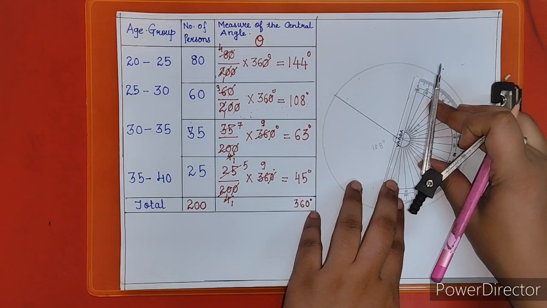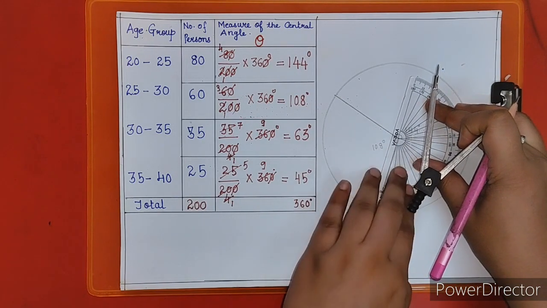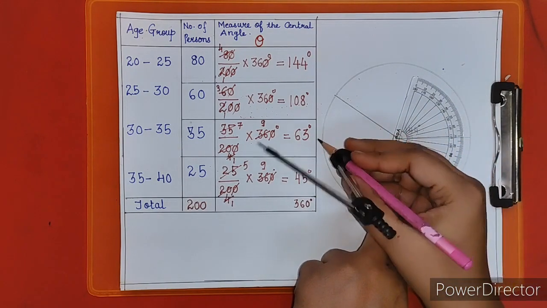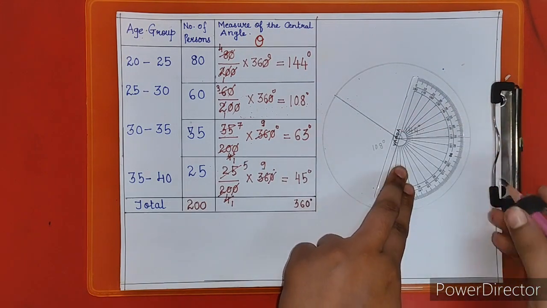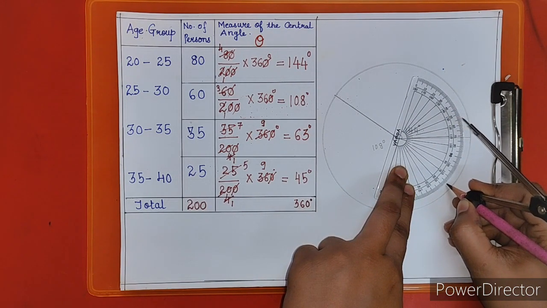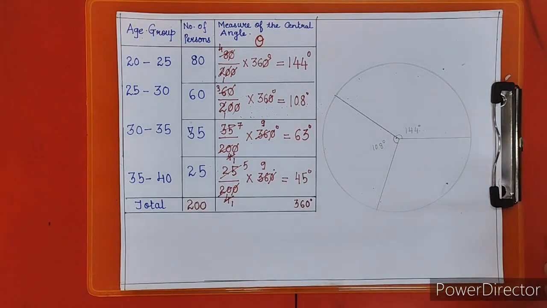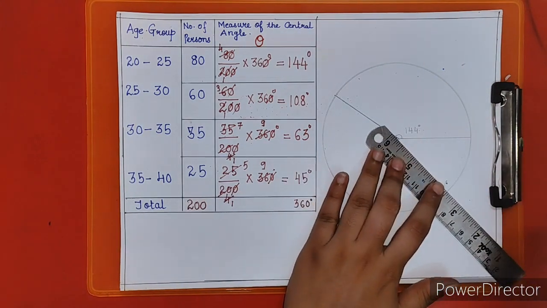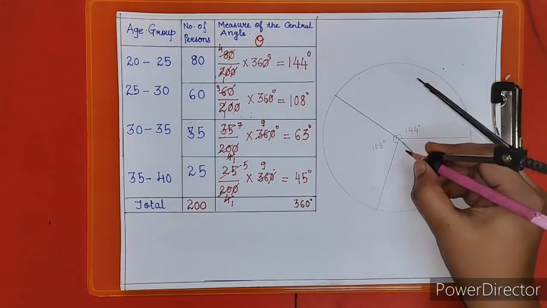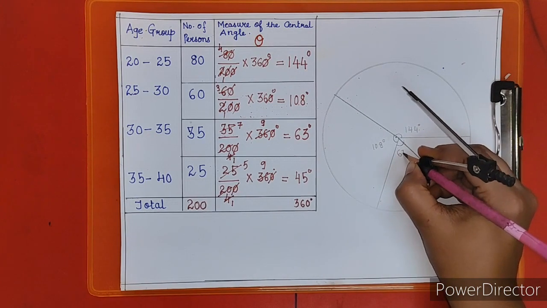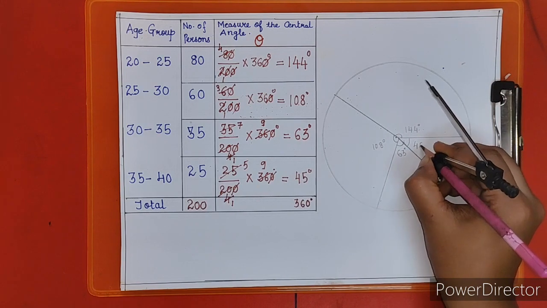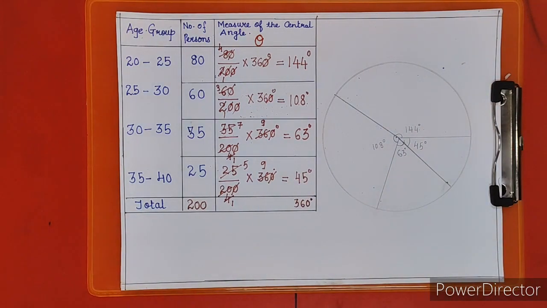So for the third angle, this is your radius. Now you will place your protractor over here. This is your 90, as this is your point. The angle is 60 degree, which means less than 90. So this is 60, 61, 62 and 63. You'll join the angle sector and mark it 63 degree. So the left one will automatically be 45 degree. You will write here 45 degree. So this is your pie diagram.